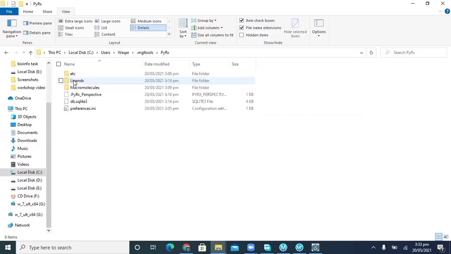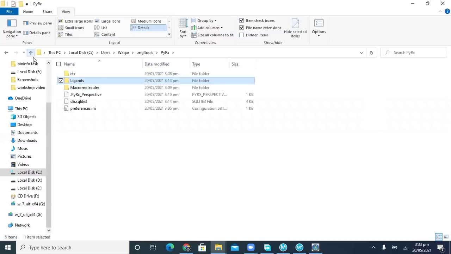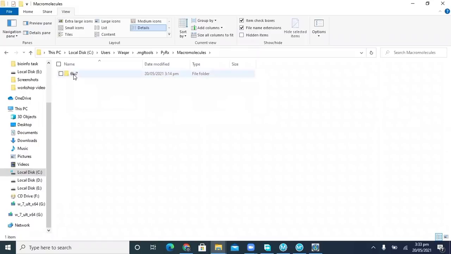Click on Pyrex, and this is our ligand PDBQT file, and we don't need this. And this is a macromolecule. In macromolecule, there are different proteins whose docking we performed in the Pyrex. So we performed only 6LU7 docking, and click on the 6LU7.